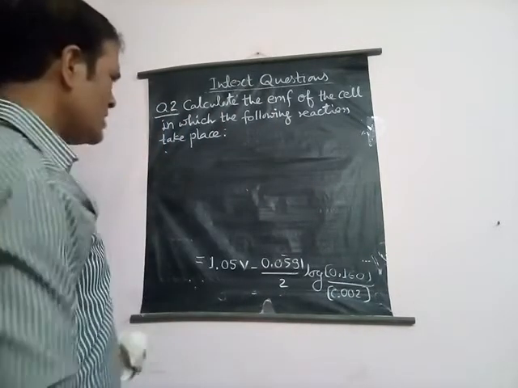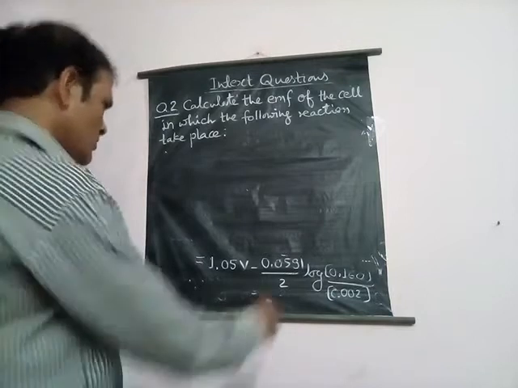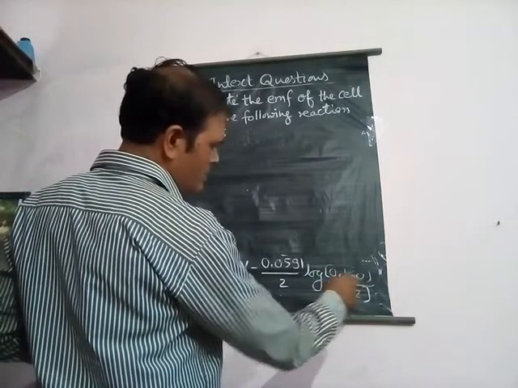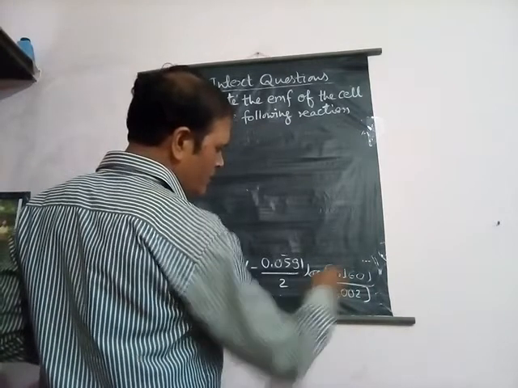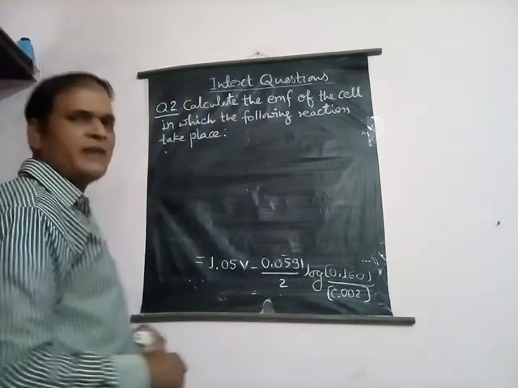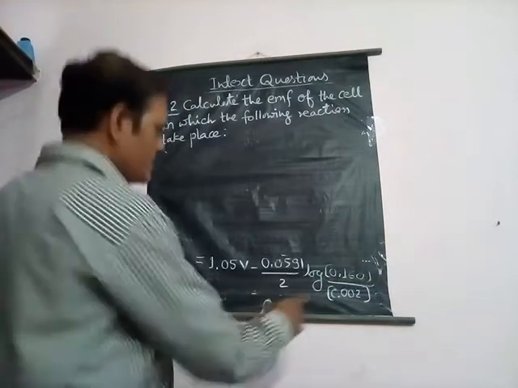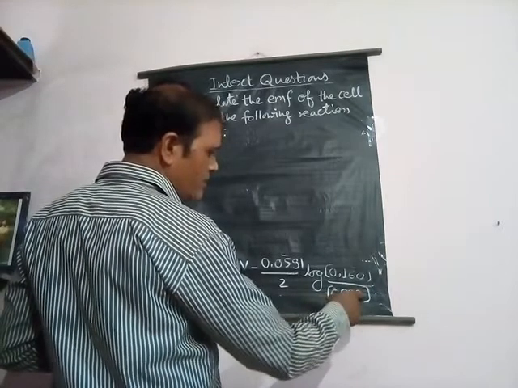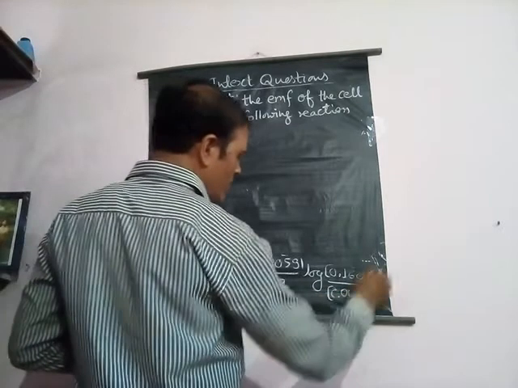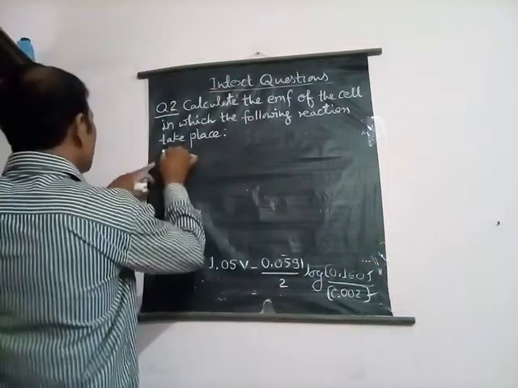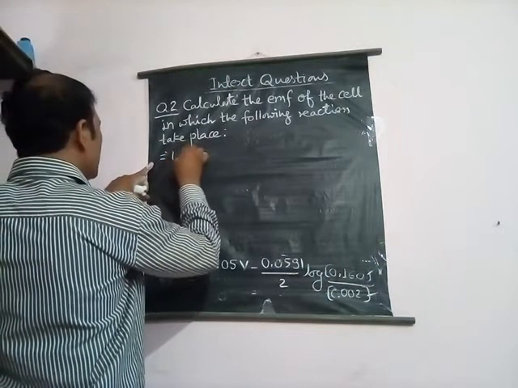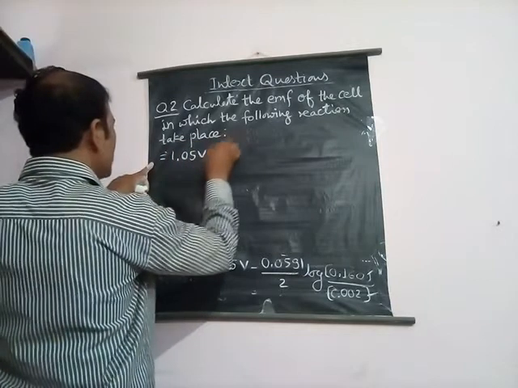After it we will see what will happen here. We can write 0.160 as 16 into 10 to the power minus 2, and in this particular case we can write 2 into 10 to the power minus 3. Okay, so I am taking both these values. So the solution will now be 1.05 volt minus